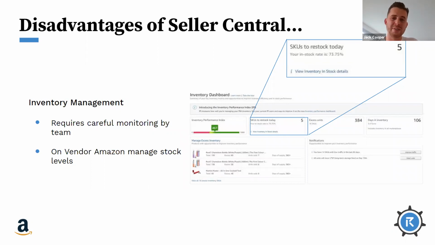Cool. Just a couple of disadvantages here. So managing your inventory, something to be aware of. This is a direct consumer environment, so you're going to need to ensure that if you're using Amazon's fulfillment, they have the correct amount of stock. It has a very sizable impact on the performance of your product listing if you run out of stock. So it's very essential for ranking to always have stock in place.